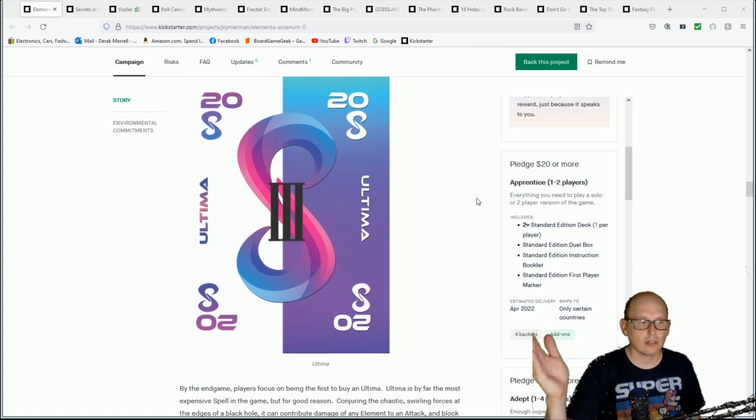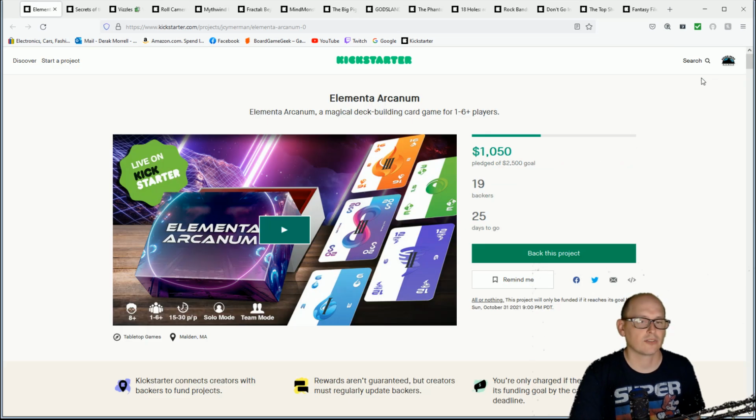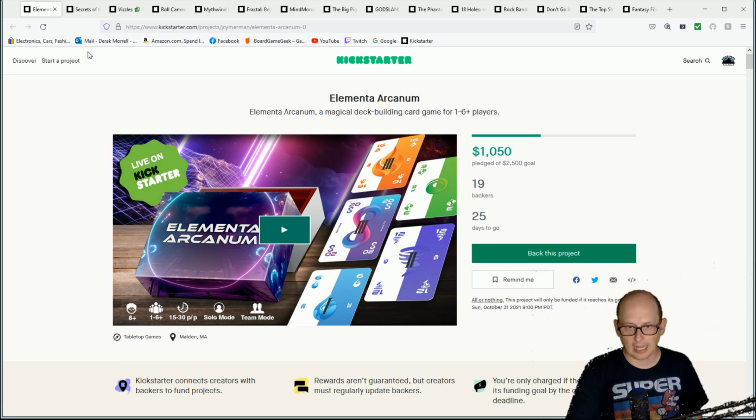The 1 to 2 player level, only $20. So that's not that bad. I feel like that's a fair price for deck builders. And he built it with a true solo mode. So deck builder, solo mode, great graphic design. And he seems like